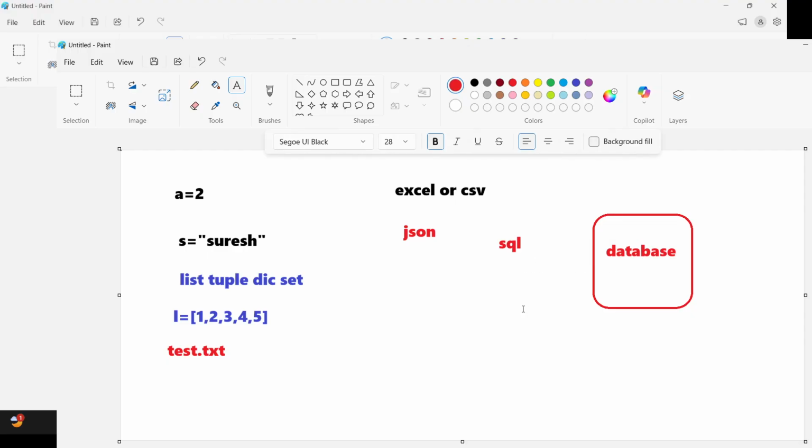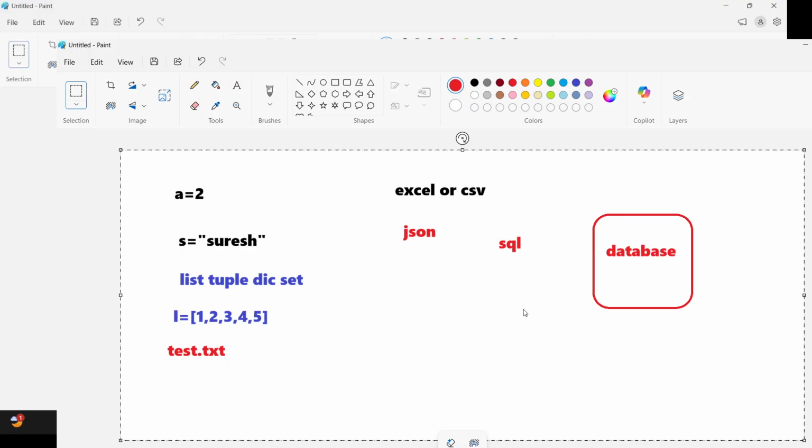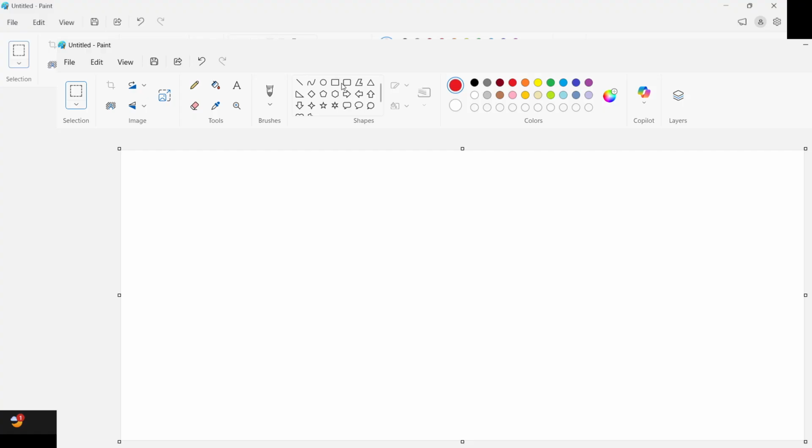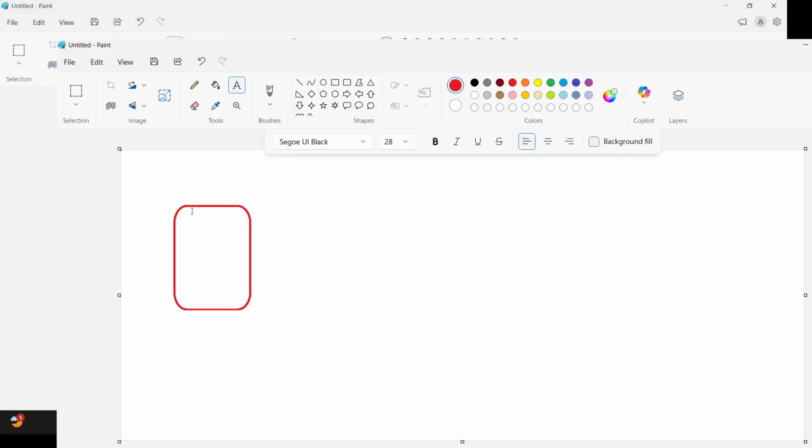You are aware of SQL, some sort of it, right? So, what is a database? It has been a long time, like 2 or 3 months ago, that we saw the database. If someone asks you, what is a database?